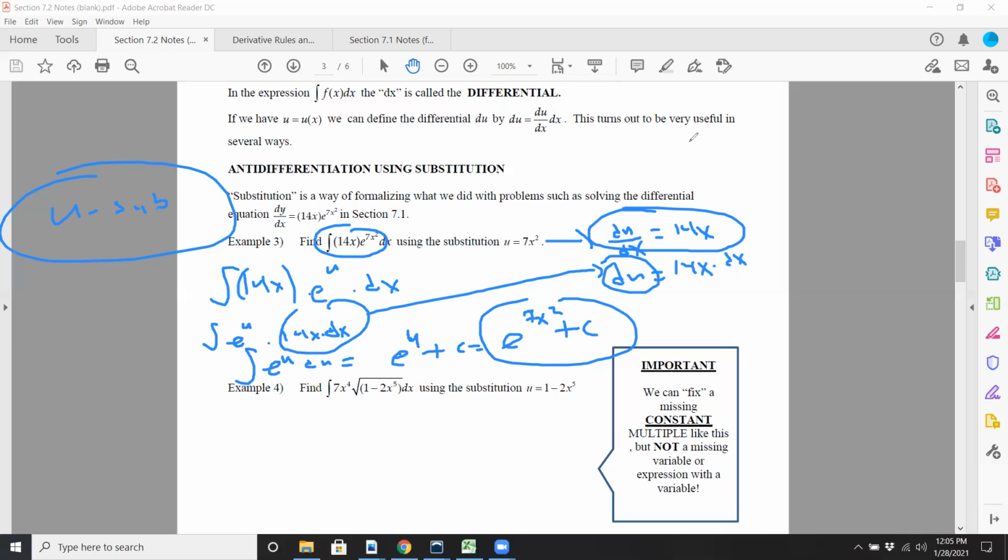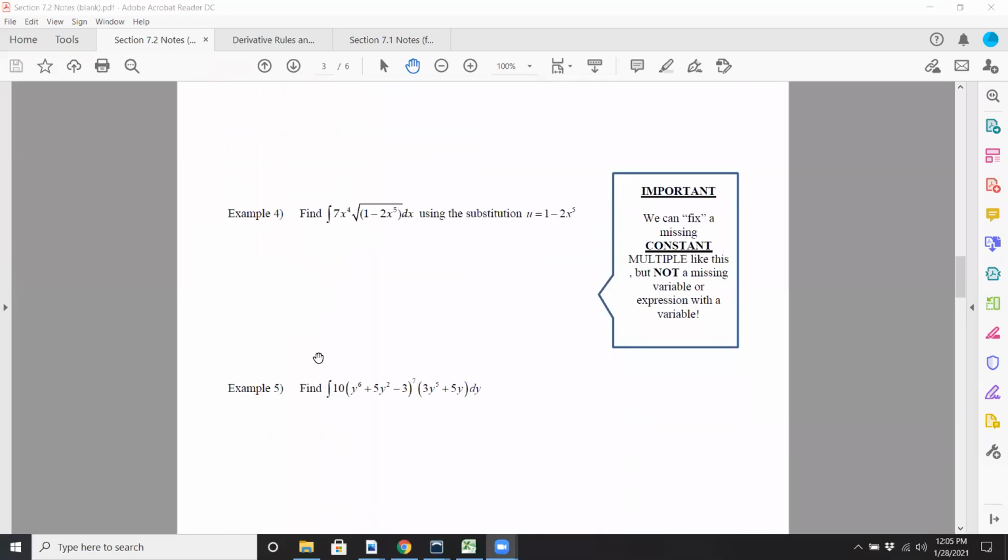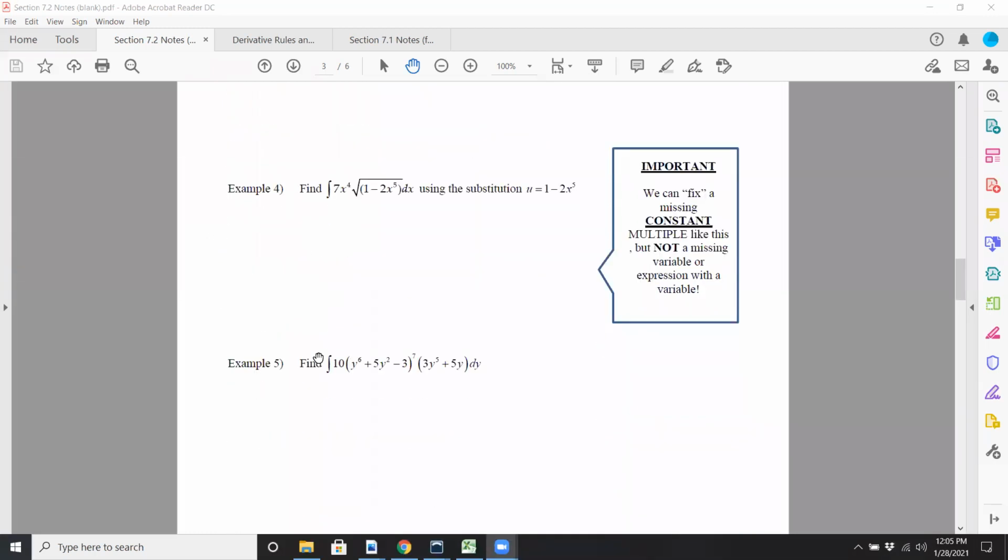So that's kind of what's going on there. Let's look at example 4, and I'll explain what's going on in that box there. So what if you let u equal 1 minus 2x to the 5th power? Okay, so my integral will be this, 7x^4 times root u times dx. And let me rearrange it like this. I'll make it u to the 1/2 power, by the way, times 7x^4